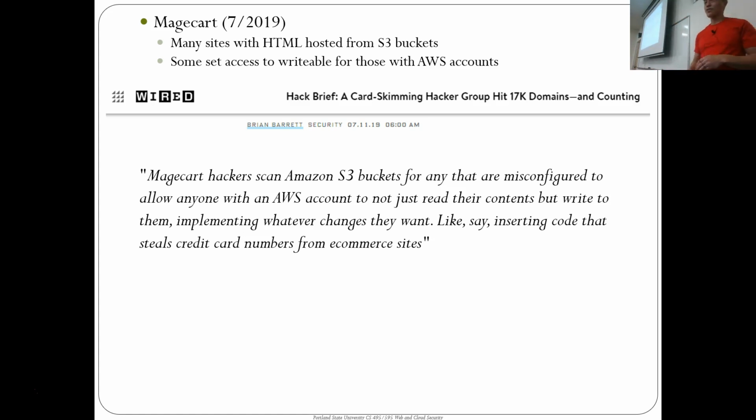This is a website, right? You want to make it open. It's intentionally open for people to access. But if you set it open and writable, then somebody can actually modify your website. When this happened, if you were running a site that handled credit card payments, these adversaries were changing your HTML so that it would go through them for the credit card processing. They were able to steal a whole bunch of credit card information that way by hijacking an S3 bucket.